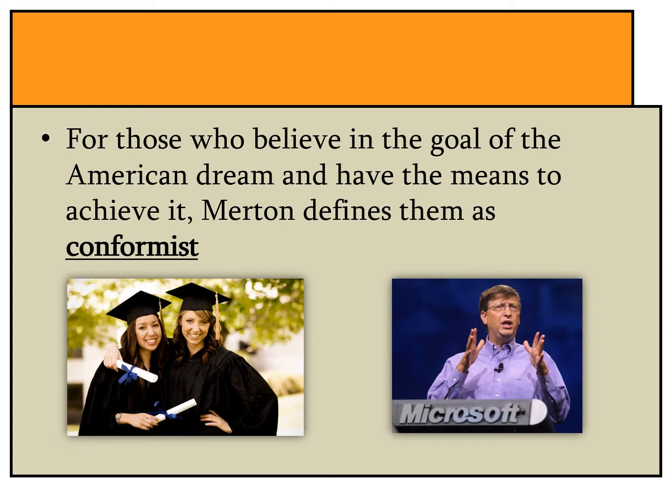Bill Gates, as you can see in the picture on the right, also would be somebody who would be defined as a conformist. He started his company. He was going to university. He started his company, Microsoft, and now he's, if I'm not mistaken, the second richest person on this planet. And so these people would be defined, according to Merton, as conformists. And again, these terms are obviously in your textbook, so please make sure you understand what these terms mean.